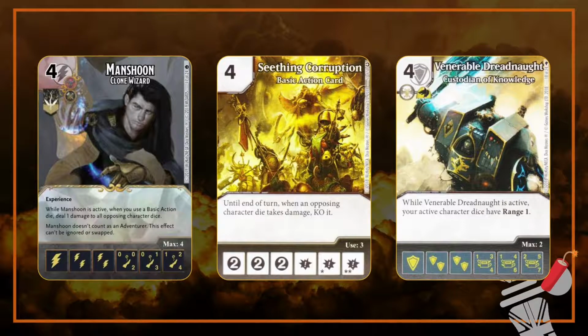So I prefer Manshoon because I've got a bit more control on it in my go. I get to use it in my main step before it gets to the attack step, and so I can do stuff before I pass priority. But Venerable Dreadnought has definitely proven useful. Also, the Venerable Dreadnought needs a wide field, and sometimes what I'm trying to do is get one or two